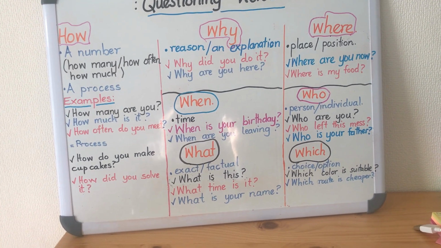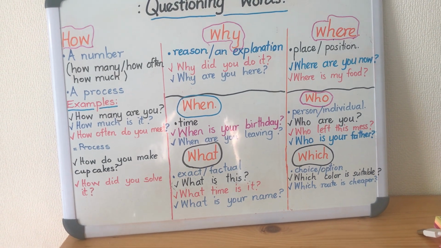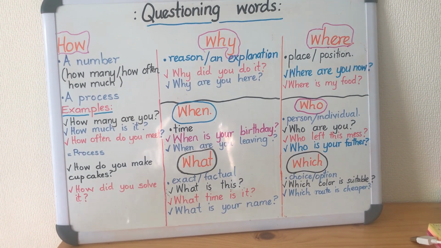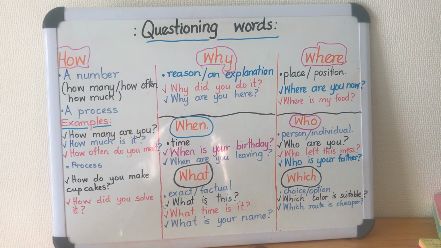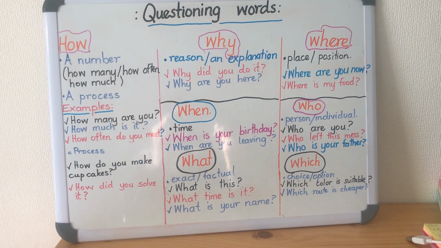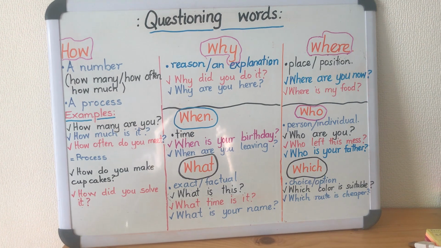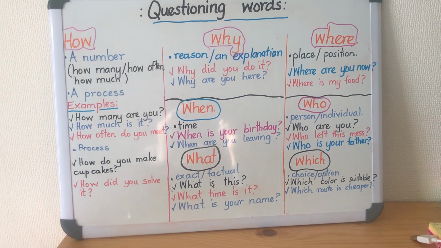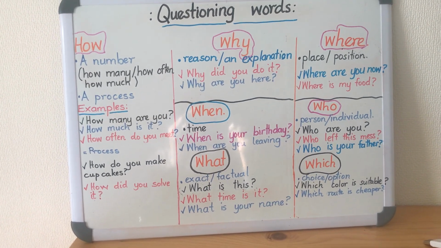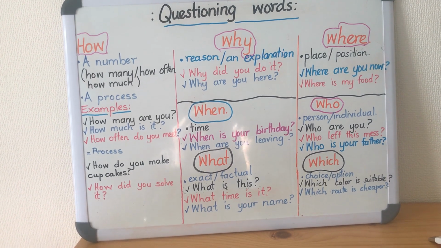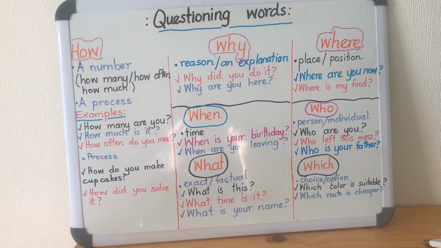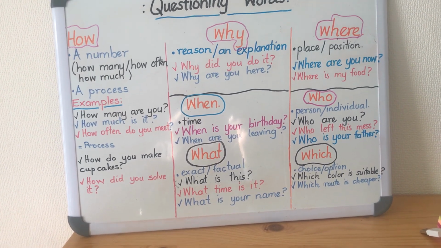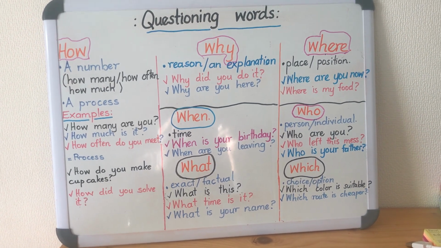Next, who? Here I said you might be referring to a person or an individual. Who are you? Identify yourself. I am so and so. Who left this mess? If you know, you quickly state, it's Susan, it's John, it's so and so. Who was there? So I'm pretty sure he's the one who left that mess. Who is your father? If you know him, you identify him. He's so and so. Then the last one,